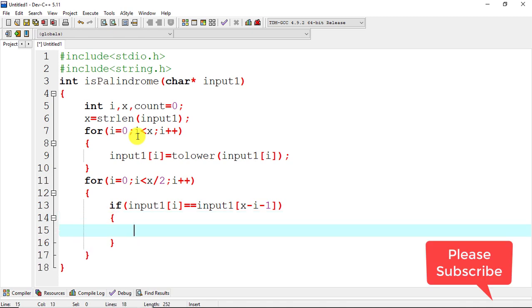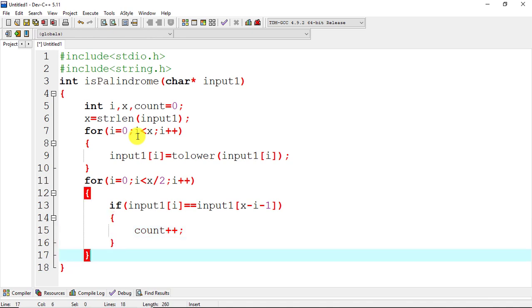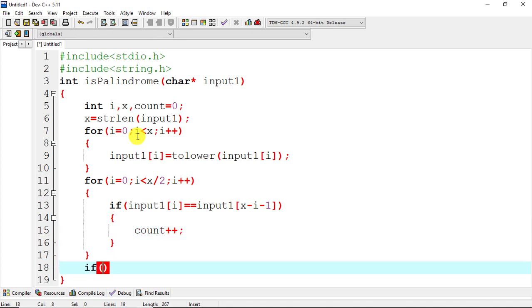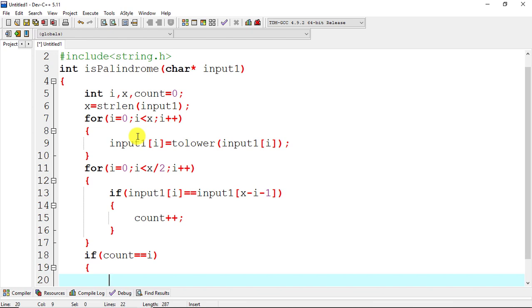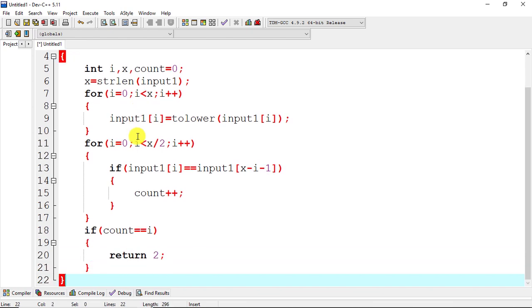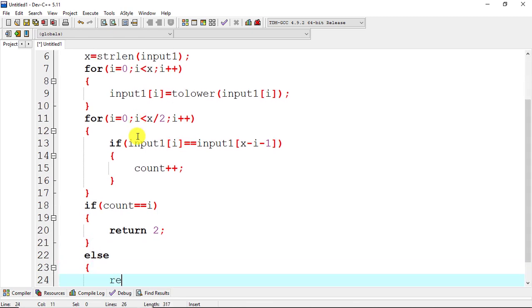Now we will increment the value of the count variable. After that here we will again write the condition if count equal to i, then what we will do? We will return 2, else we will return 1.